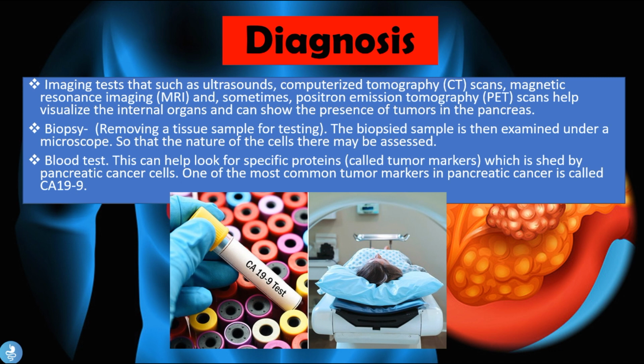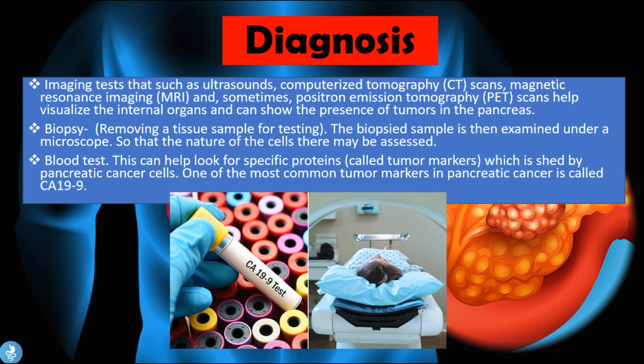Diagnosis. So imaging tests such as ultrasounds, computed tomography scans, magnetic resonance imaging scans, and sometimes positron emission tomography scans can help visualize the internal organs and show the presence of tumors in the pancreas. We can also do a biopsy, which means removing a tissue sample for testing. So here the biopsied sample is then examined under a microscope so that the nature of the cells there may